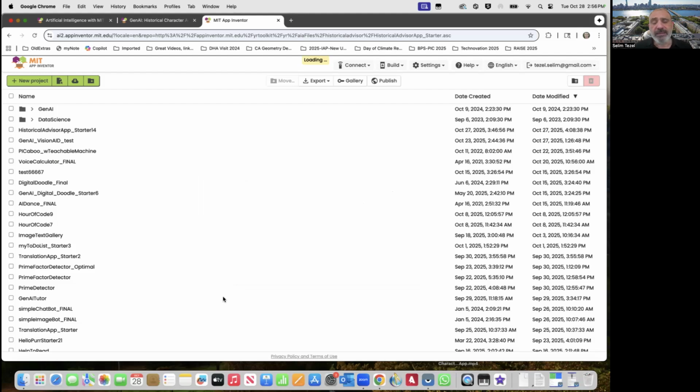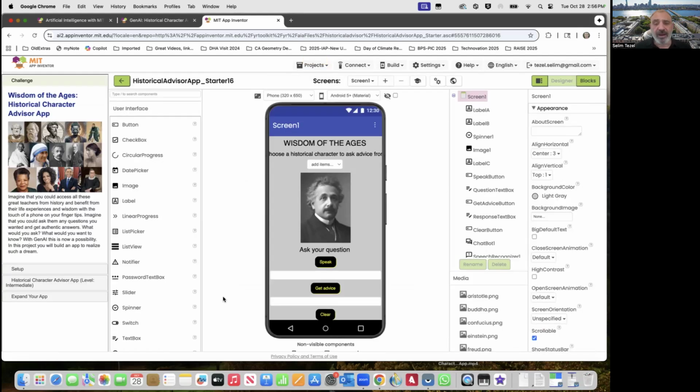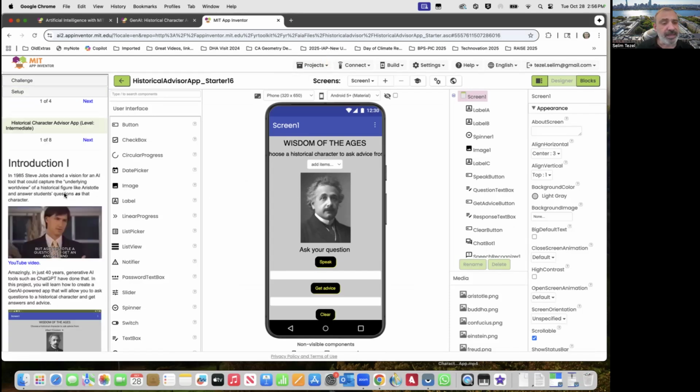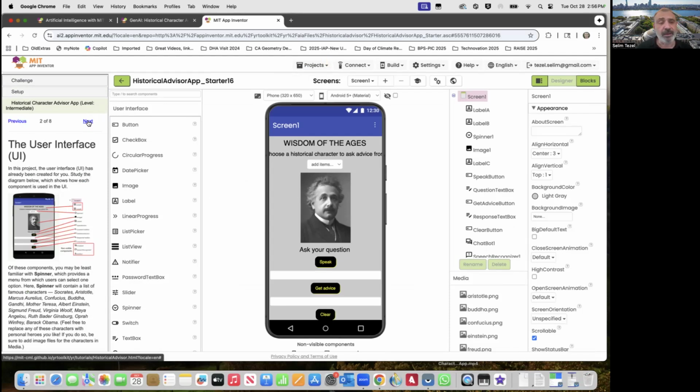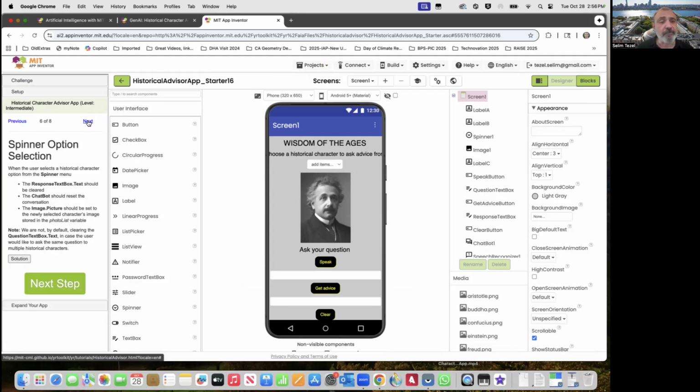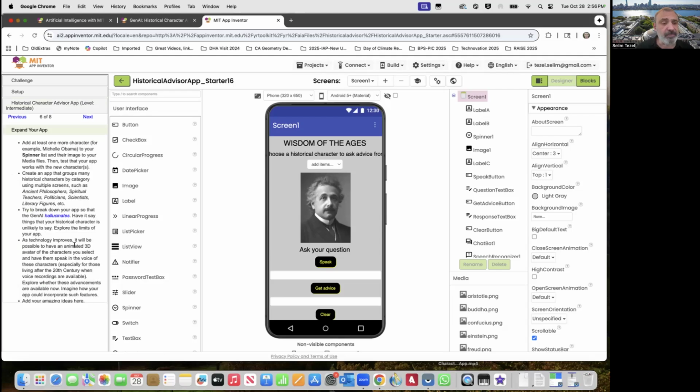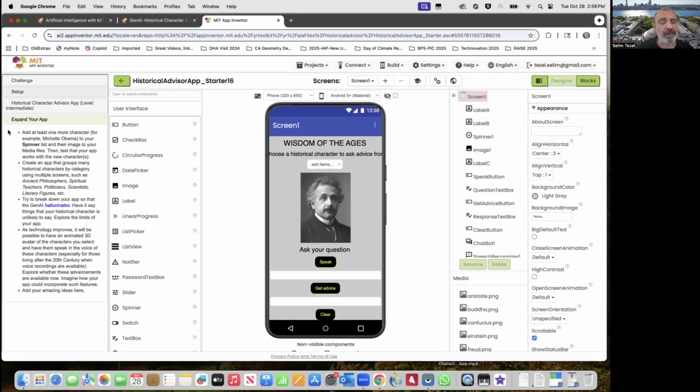Now, this will take a minute. When you open the starter file, you're going to notice, first of all, on the left side is what is called the sidebar tutorial. Here we are outlining what the app challenge is. There are some setup instructions. Then there are some tutorial pages here which lead you step by step how to build the app. And then finally, there are some recommendations how you can improve your app and expand on your app by imagining some extensions.